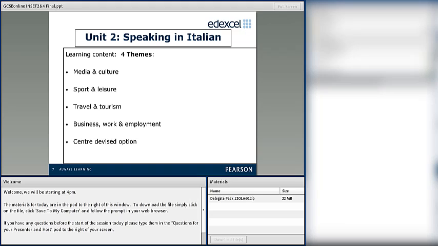Also, the fact that you can choose the tasks and the themes means that you can cater for stretch and challenge, because obviously you can set more difficult tasks for the very able candidates, and you can set simpler tasks for candidates with more limited language. One example of something that could stretch a candidate is talking about the environment, while someone with more limited language skills might be better off talking about home, family, and friends. Okay.